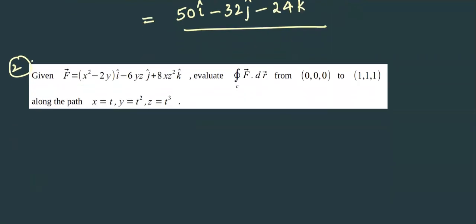All right. So f dot dr. F is in terms of xyz, and xyz are in terms of t. So if we substitute in terms of t,